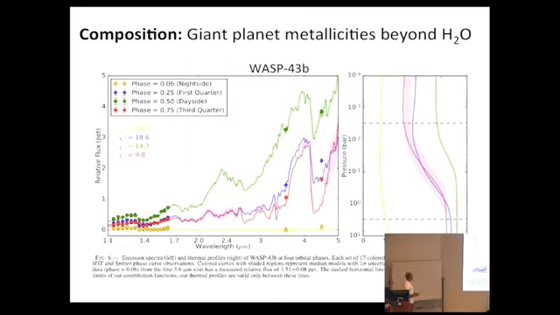Great. So I wanted to keep going here and say, I spent a lot of time talking about the water abundance as a proxy for the metallicity and whether we can assume C to O of solar and everything. I want to give you a preview of a new result that's coming out by Kevin Stevenson, which is taking a metallicity estimate and doing it for a different molecule. So this is doing something similar as we've done for WASP-43b using water. And this is again WASP-43b, but doing it now for a carbon-based molecule